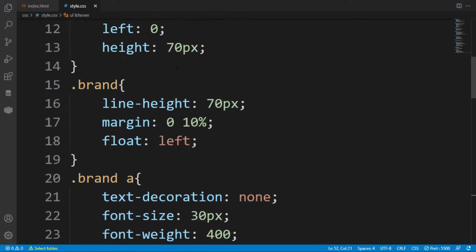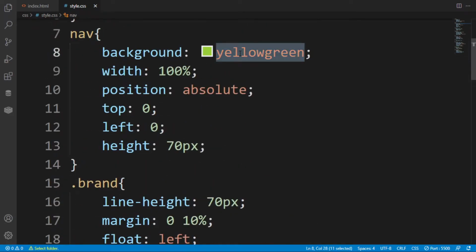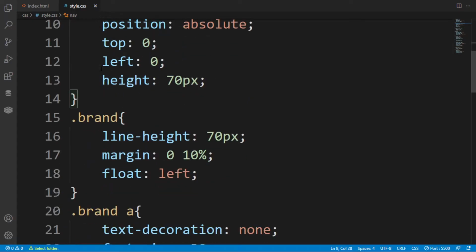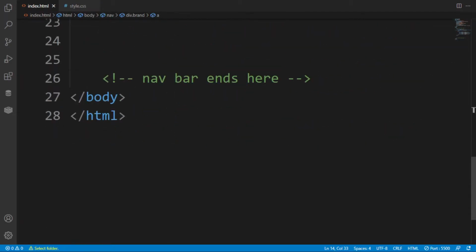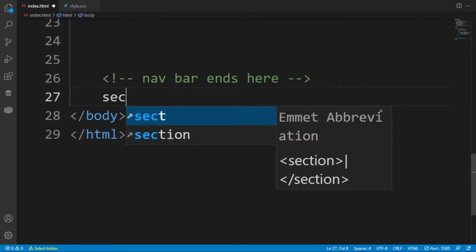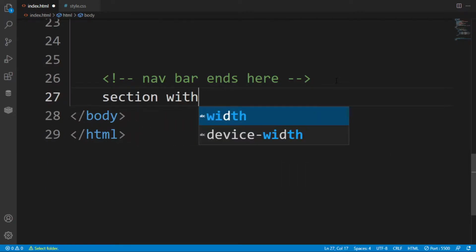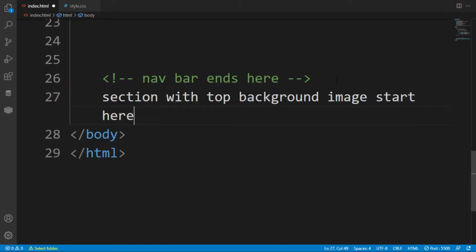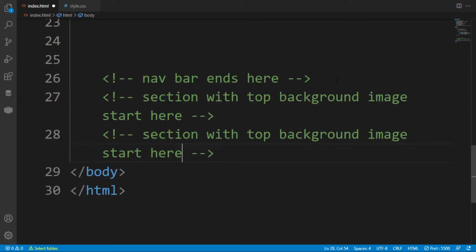Now this is the complete navigation bar that we wanted in our web page. Here I have given the background transparent. As you can see the result that we have created till now, and here there was a logo name. After that I want to create my content, or you can say the section. Here you can put whatever you actually want in your header section, or the comment that you want. According to me, I have selected the comment.